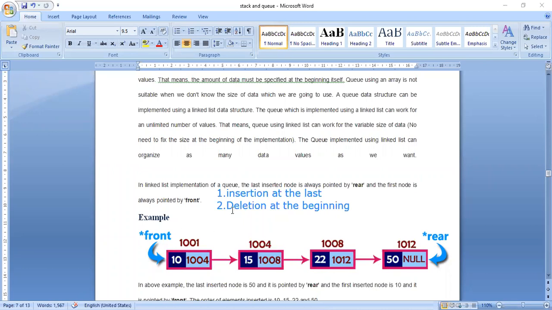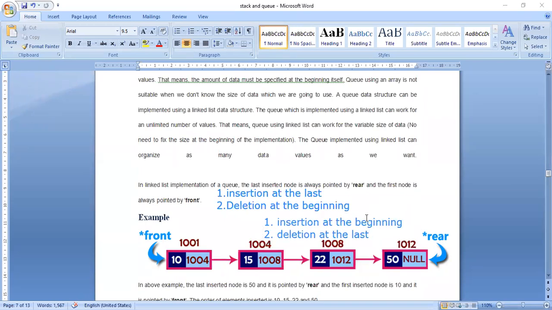To do this one, what I have to do? Deletion at the beginning function I have to implement. This is one option. Another option is the reverse one, that is insertion at the beginning, deletion at the last.